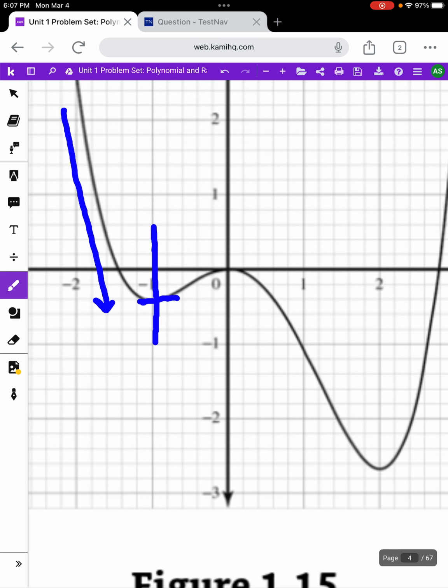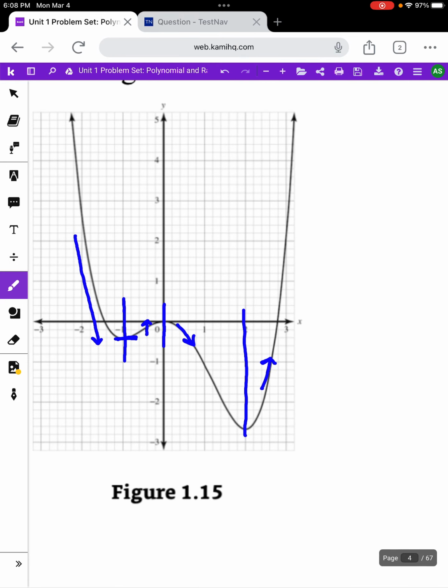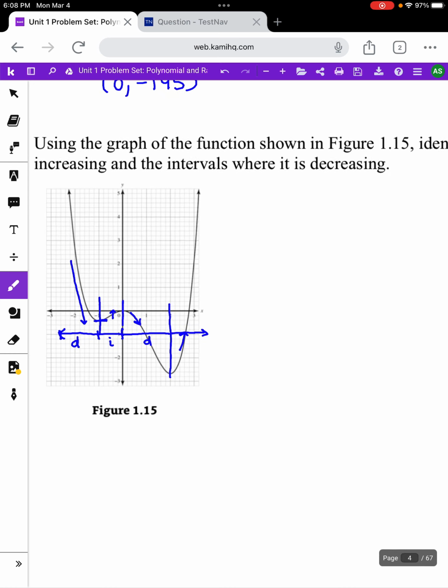And then I kind of pan out and I'm even level here. And then I start going up again. And I go up until I get to this point. And then I start going down again. And the next time I start going up again is at 2. And then I go up infinitely. So what I'm looking at here is I've got an area of decreasing, and then I start increasing for a little bit, and then I start decreasing again until here, and then I'm increasing infinitely. Okay, so I'm decreasing